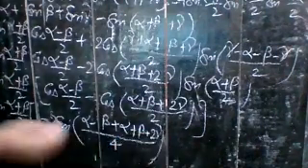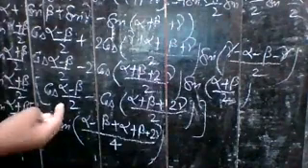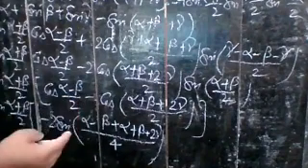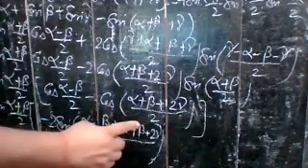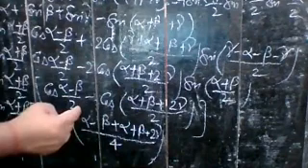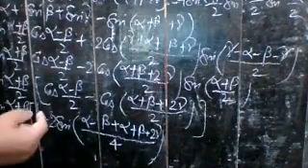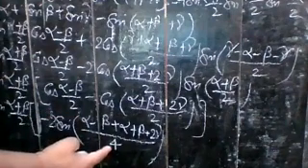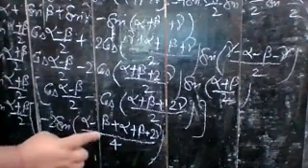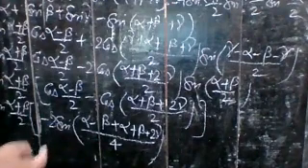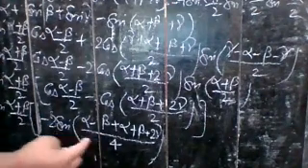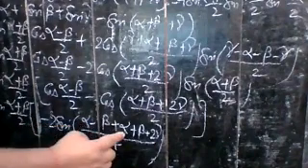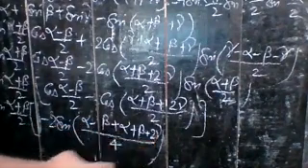Here you can write whole divided by 4. Why? Because if you take x plus y, it is sine of x plus y by 2, so the LCM is 2 here. Understand? But in the formula you have x plus y by 2. So that 2 and this 2 make 4 here. That's why I am writing it this way. So cosine of alpha minus beta plus beta plus 2 gamma divided by 4.